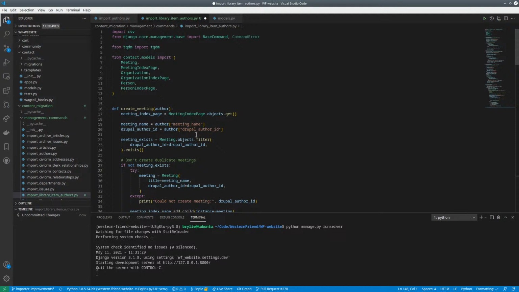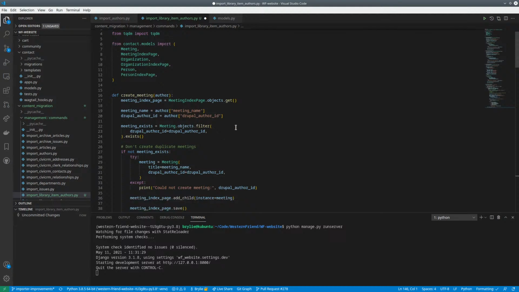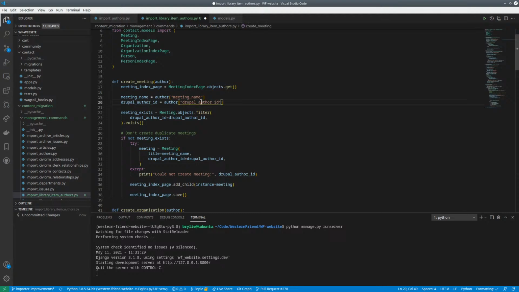I'm going to have to look at these very closely because in this case, the Drupal author ID, yeah, I'm going to come back to this. I'll have a magazine item ID just for